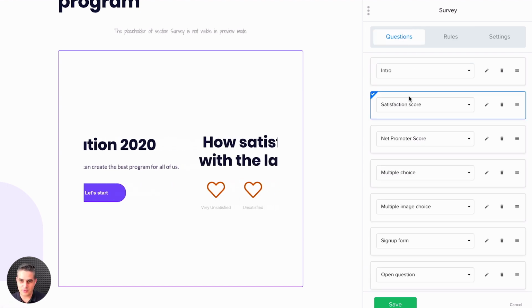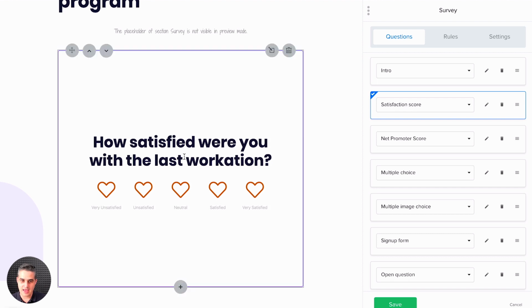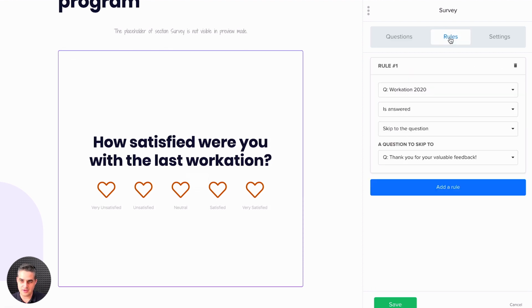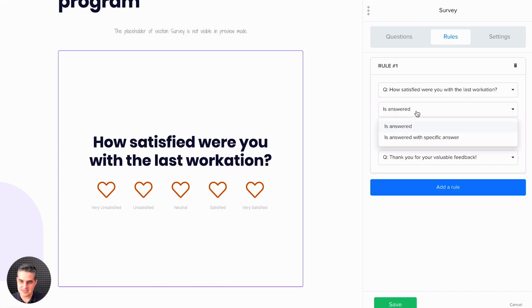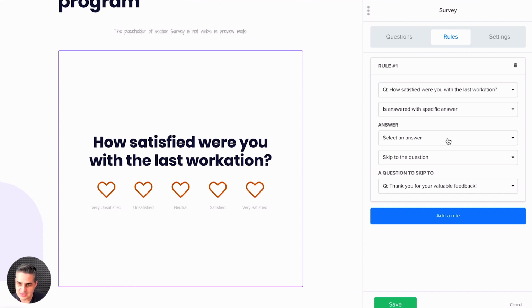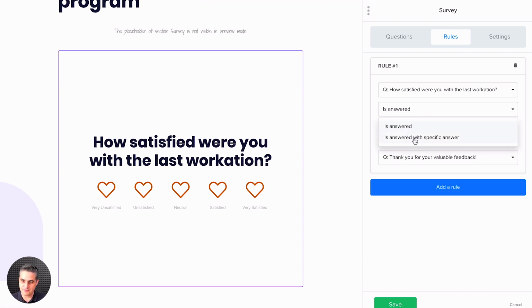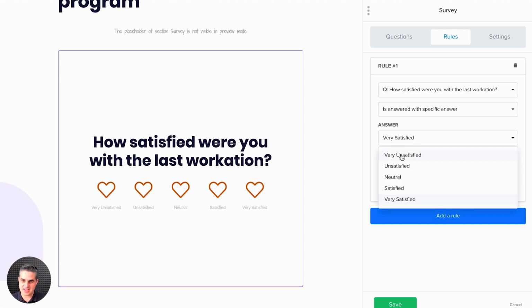So let's look at another question. Let's take the satisfaction score. How satisfied were you with the last workation, right? So let's say how satisfied were you with the last workation is answered with a specific answer. So let's say the person answered very satisfied, right? So this is that last heart. Then you can skip to the last outro saying thank you for your valuable feedback, right? But if the person said, for example, a very unsatisfied score,